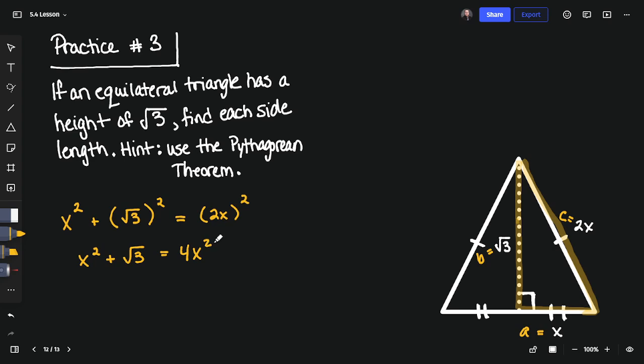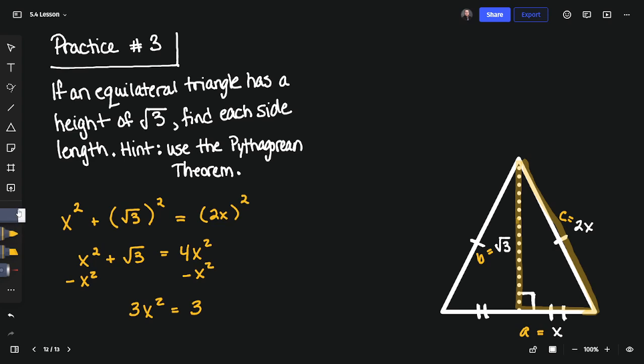We can subtract x squared from both sides of the equation. I'm going to go ahead and flip the sides of the equation here to get 3x squared equals